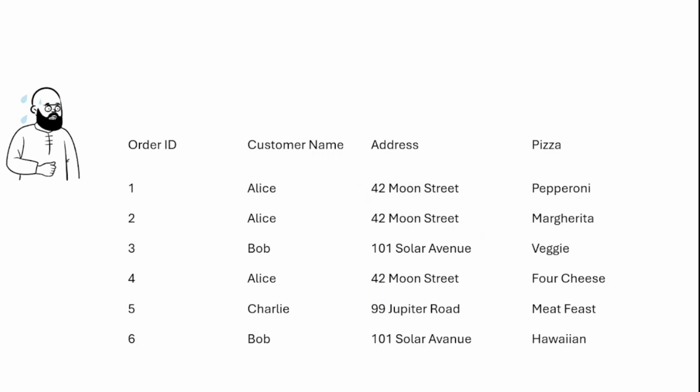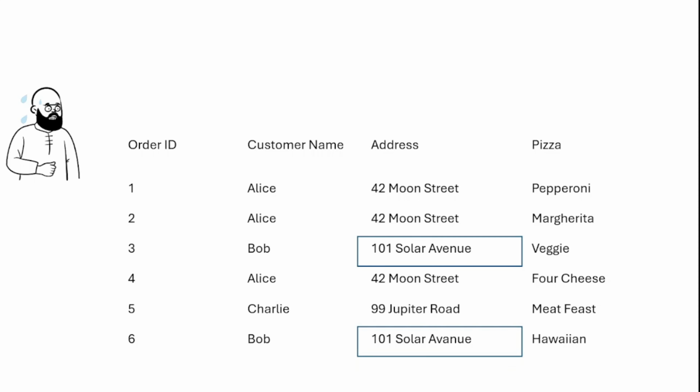And finally, there can be errors while typing the data in multiple places. Someone might spell Solar Avenue differently later, right? Now Bob looks like 2 different people, and because of that, it might incorrectly appear that the data is for